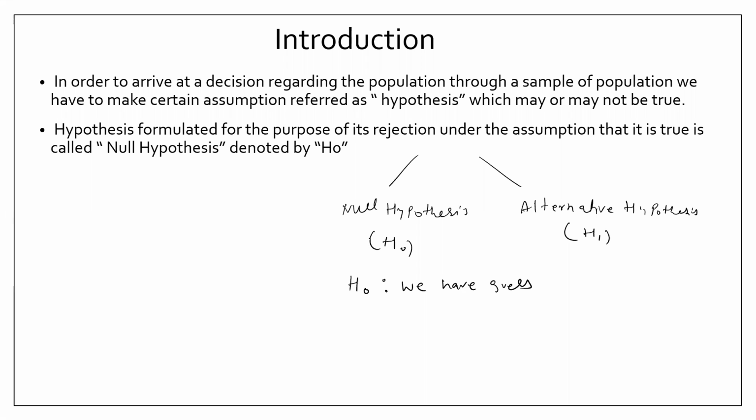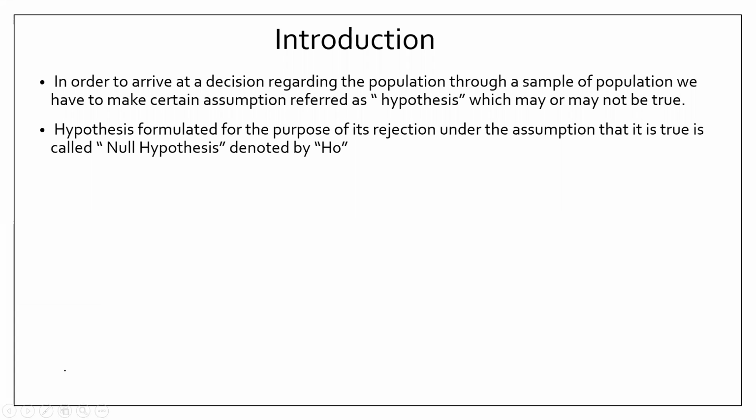Okay, H naught, which is the null hypothesis, we are always formulating the null hypothesis. So we have to guess the null hypothesis. Whatever null hypothesis we have assumed, its opposite will be the alternative hypothesis. Whether H naught will be accepted or H1 will be accepted depends upon the test. We will speak about the statistical test a bit later.